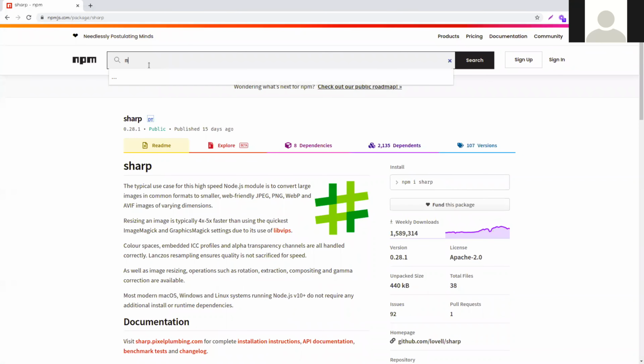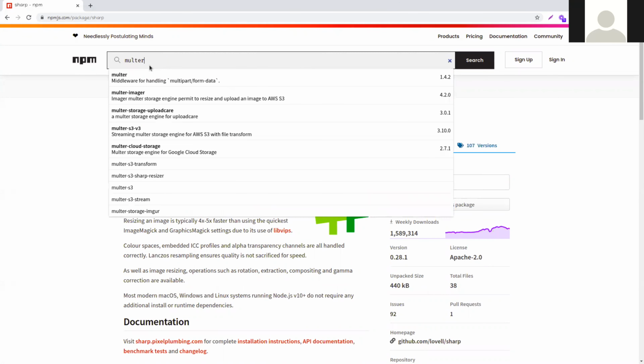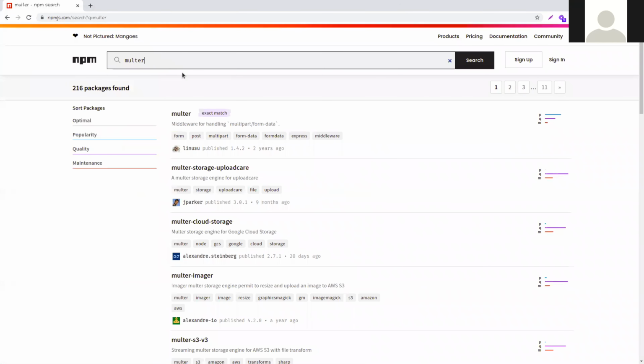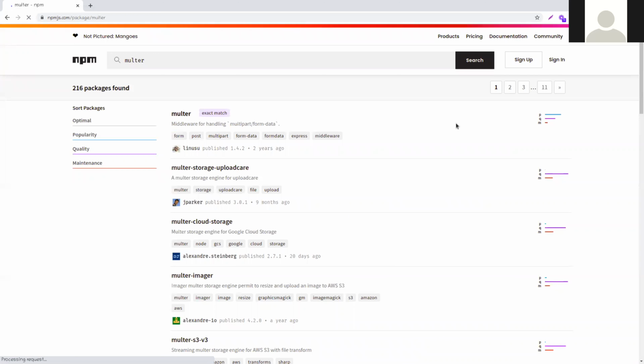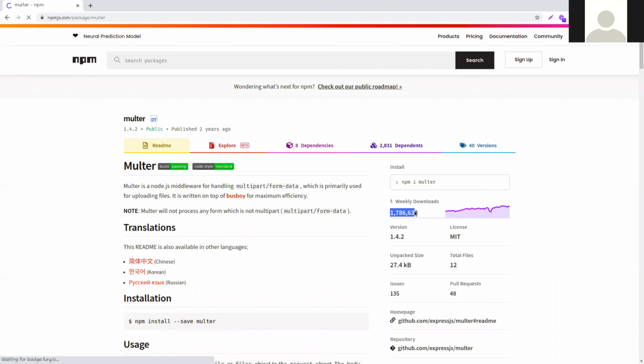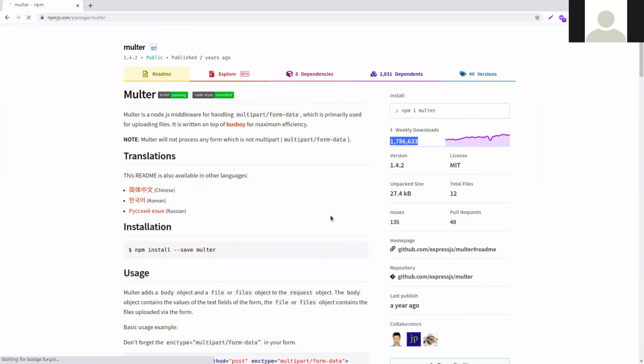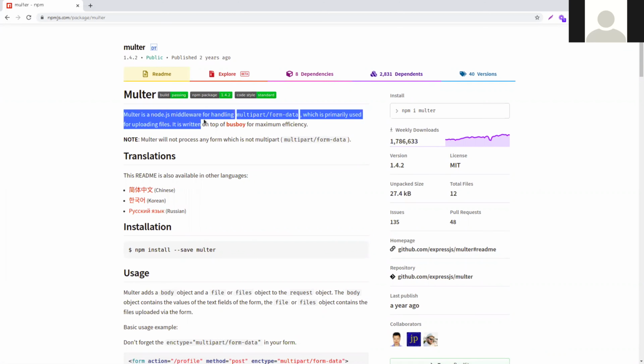Another is Multer. So what is Multer? Multer is another popular package. You can see the weekly downloads number. You can read also: Multer is a Node.js middleware for handling multipart form data. Multipart form data is used when you submit some data from your front end.